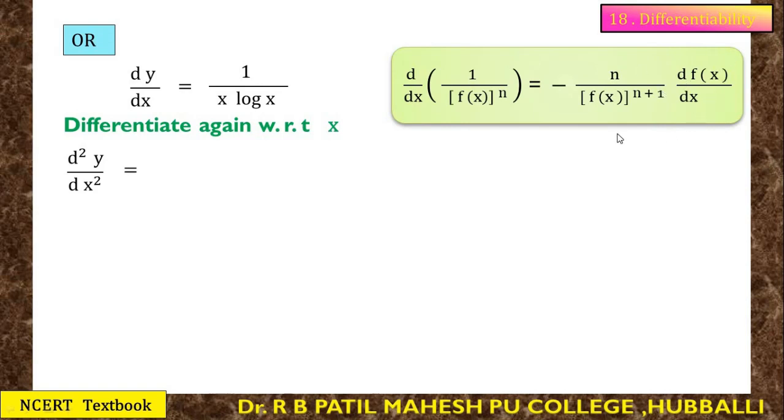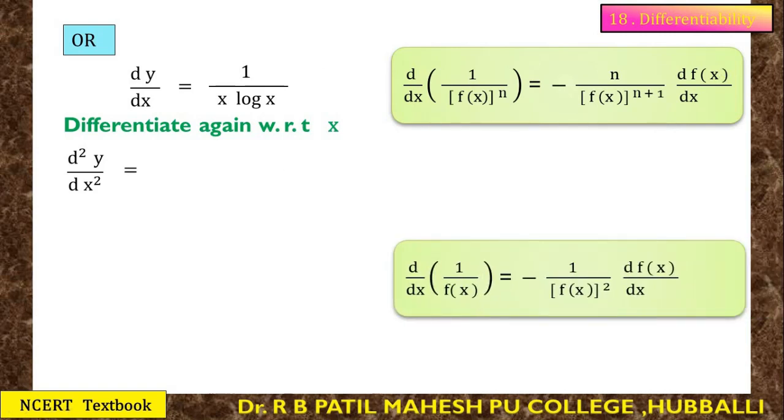So no need of using the quotient rule. And remember, the numerator should be a constant number, 1, or it may be any number. Denominator, it may be any function. Then you can follow this. It may be any form, product, or composite, or any type of function, trigonometric, or algebraic, quadratic, cubic, whatever function. If the numerator is constant, you can take that as 1 upon function raised to n. Then the derivative is like this: minus n divided by the function as it is, add 1 to the power, and after that the derivative of the function.